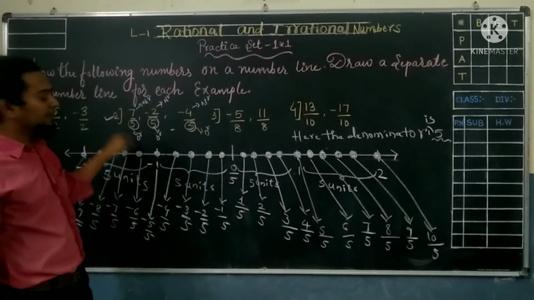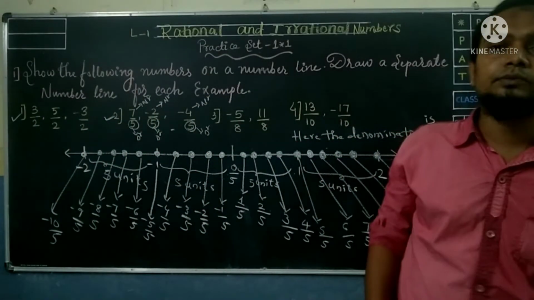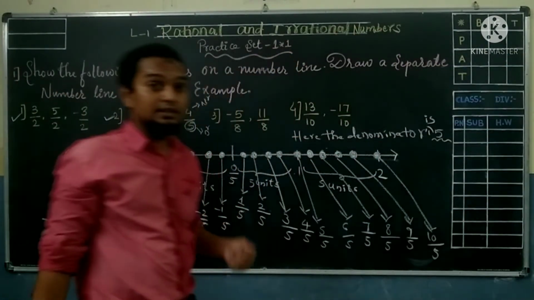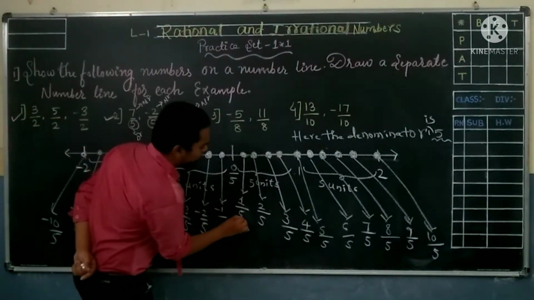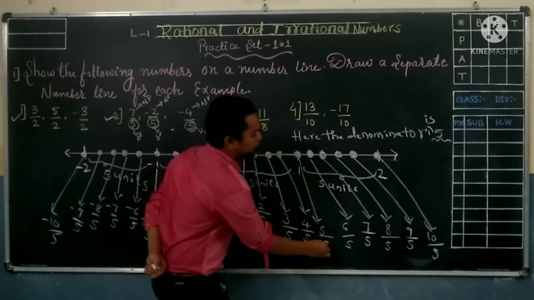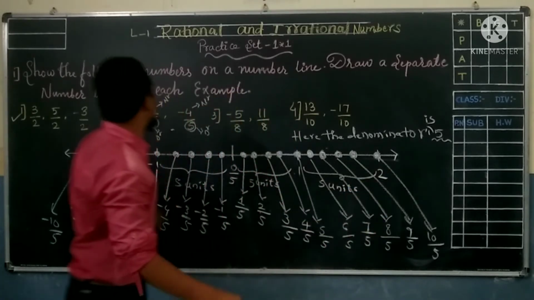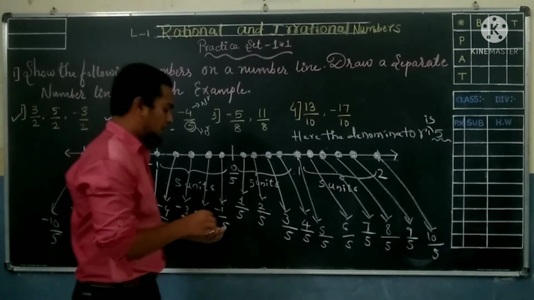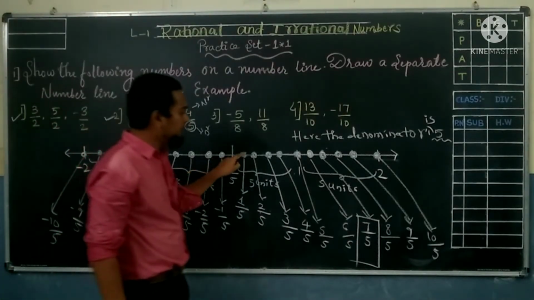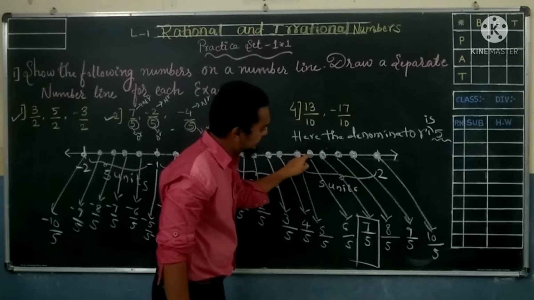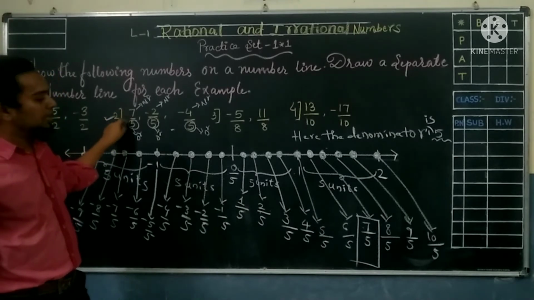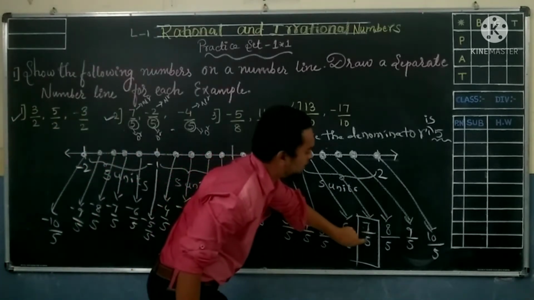7 upon 5. First of all, is 7 upon 5 positive or negative? 7 is positive. Positive means now we are going to the right hand side. 0 upon 5, 1 upon 5, 2 upon 5, 3 upon 5, 4 upon 5, 5 upon 5, 6 upon 5 and 7 upon 5. Now we will show 7 upon 5 on a number line. This is 7 upon 5. This is 0, 1, 2, 3, 4, 5, 6, 7. This is the 7 point. To show 7 upon 5 on a number line means this is 7 upon 5 on